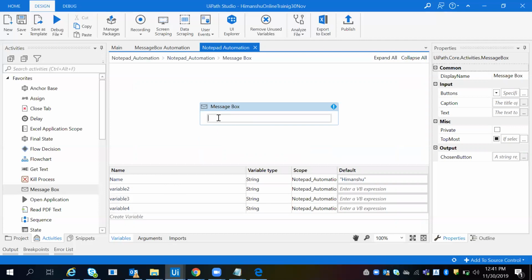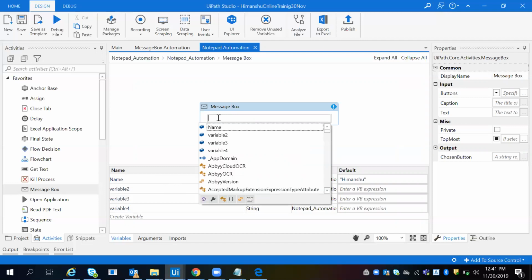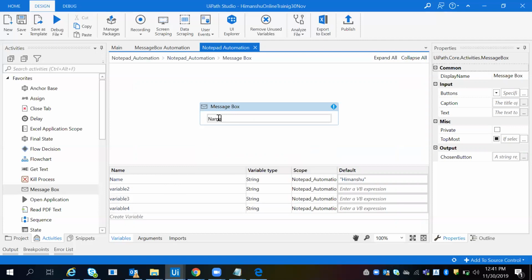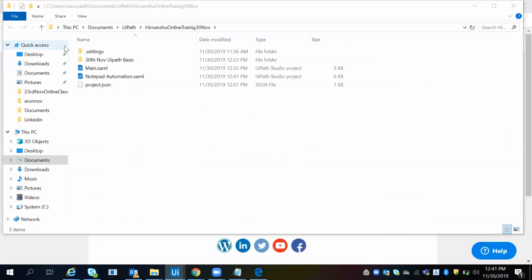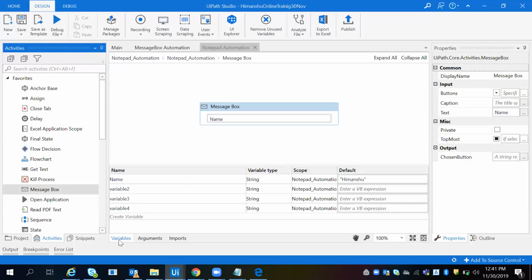That's why you press Ctrl+Space and take name, save and run the program. This is called, we are getting the Himanshu.